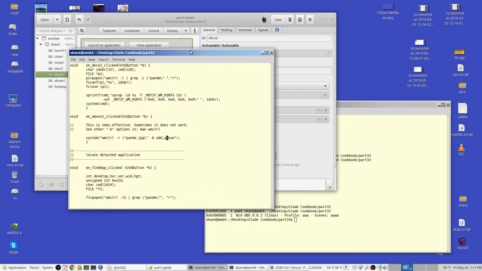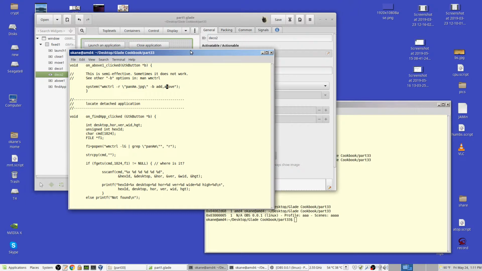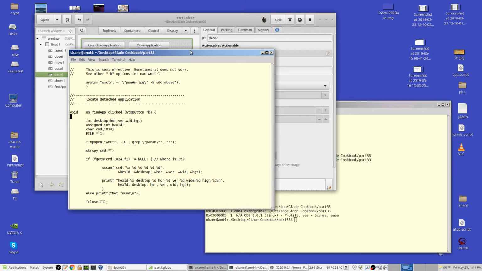Okay, finding the app. Where have we gone? Where has it gone? Now, in this one here, XID, I'm not really using that, am I? No. Oh, excuse me, I was mistaken that I was using the ID, but I'm not. I am reading the ID. I misread that. Okay,